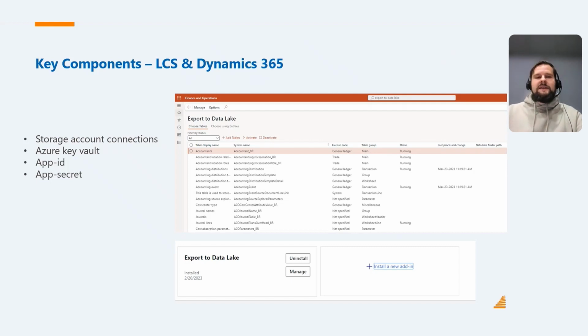So one key thing to understand is that you will need to have an Azure subscription in order to run Data Lake, and you can have full control and full access to the Azure Data Lake, the data, and everything inside. It's a bit different than with the production environment, where we don't really see the infrastructure behind. With Azure Data Lake, you have full access, full control, and you can see the data near real time in your storage account.